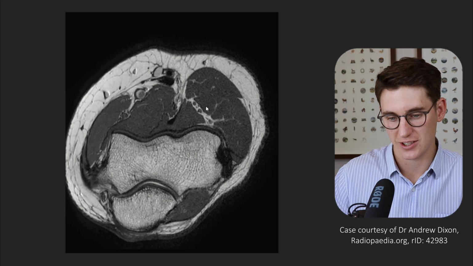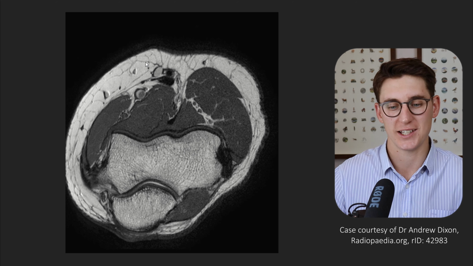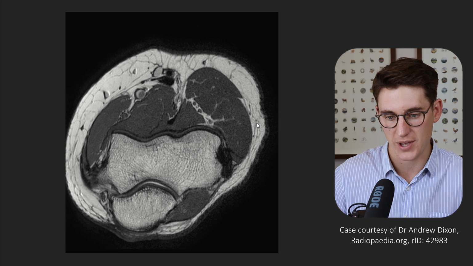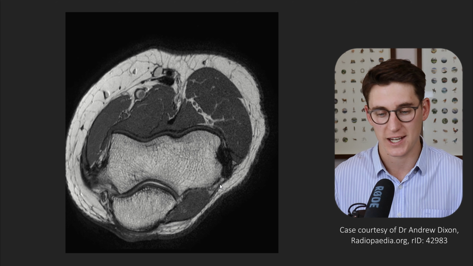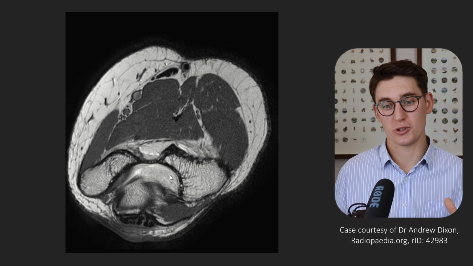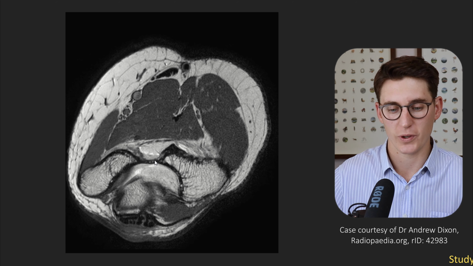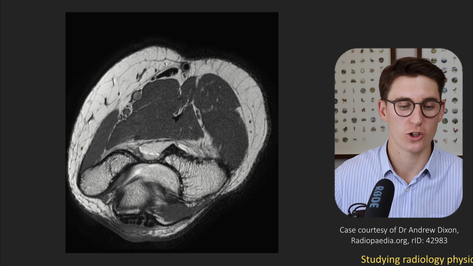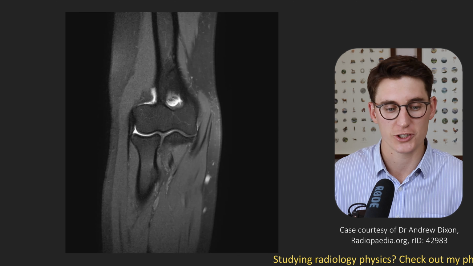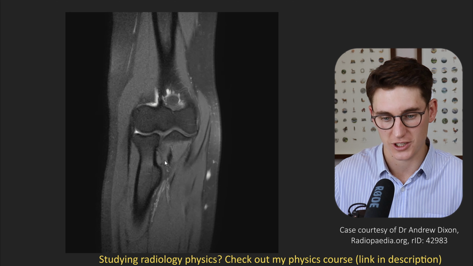Often it's difficult to see the nerve, but you can see the perineural fat. These are our axial PD non-fat sat images. So our fat gives us good contrast for our tendons, for our ligaments, as well as our nerves here. So that's a whistle-stop tour through the major structures that cross the elbow joint. Obviously, when you are looking for pathology, you need to have a look at marrow signal. You can look at your PD fat sats as well, looking at the marrow, looking at the bones themselves,